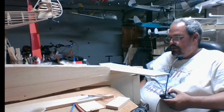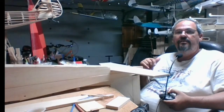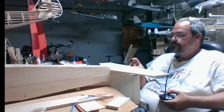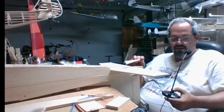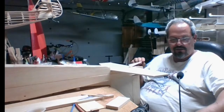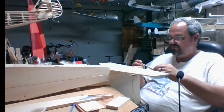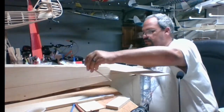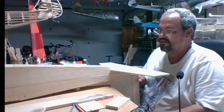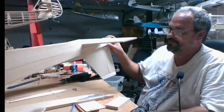So, what we're going to do here, let me get back to the flying. Hi, Norm. How you doing? Going to put this piece of wood right here and see if we glue this in place. I like building airplanes. I mean...